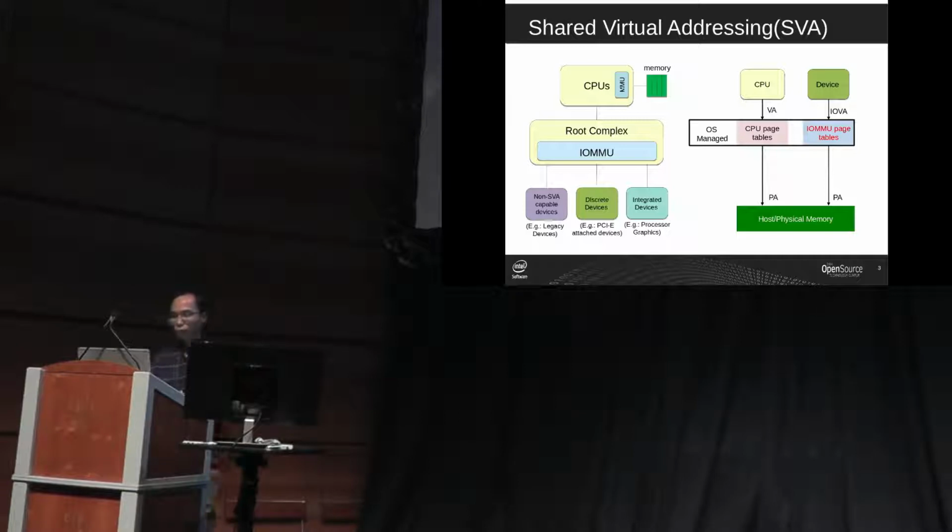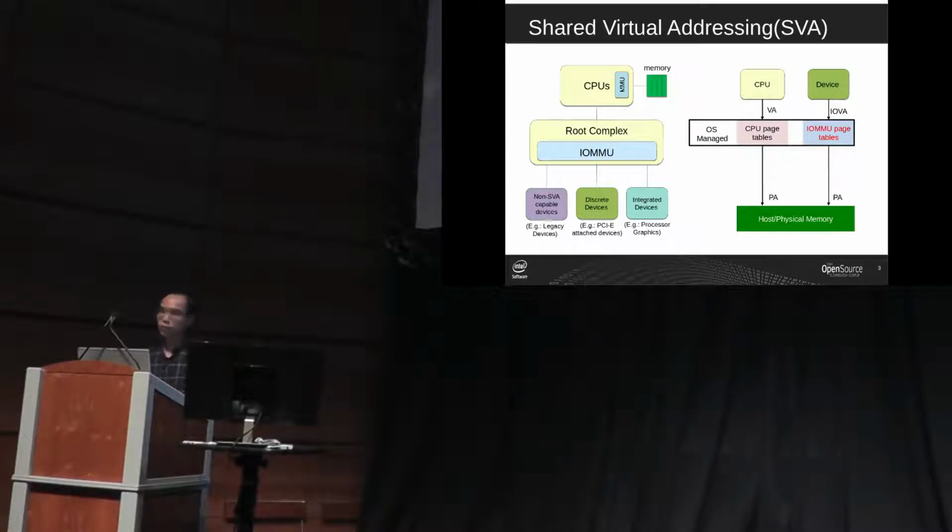In brief, shared virtual addressing means sharing address space between device and processor, so they can have a unified address space view when doing workload submission. With shared virtual memory, the workload submission is much more efficient, and the programming is much more simplified than previous